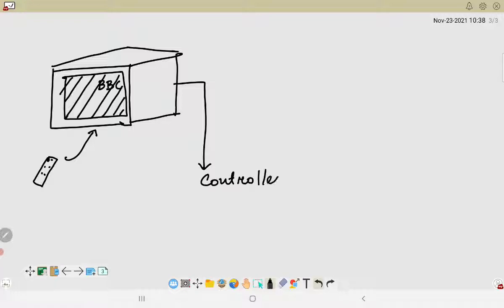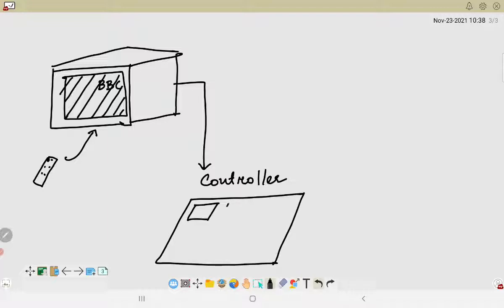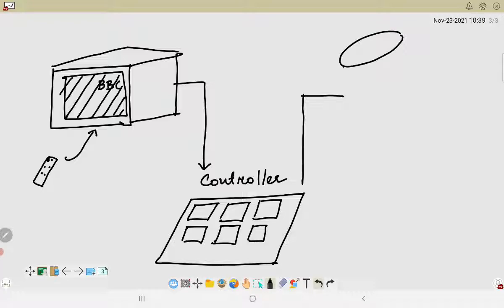This controller is basically the collection of hardware and software or integrated circuits which are present inside the television. If you open up the television, you will see different integrated circuits working together in order to process the request.